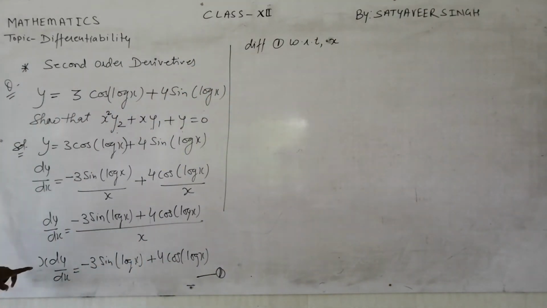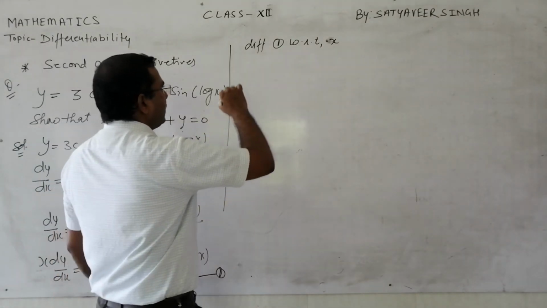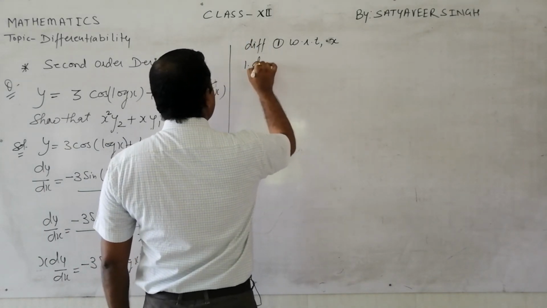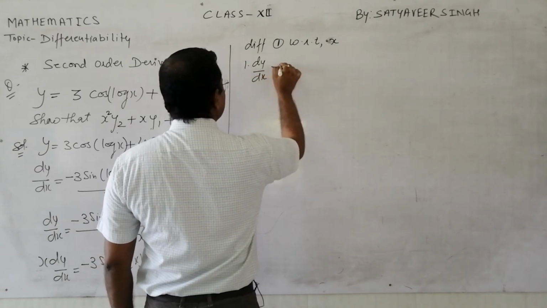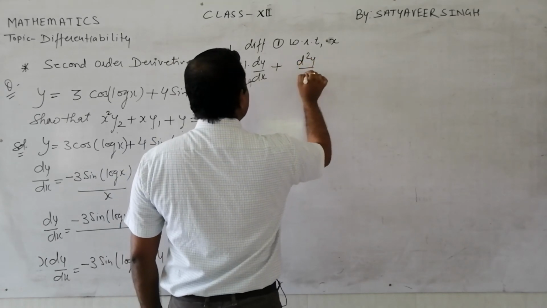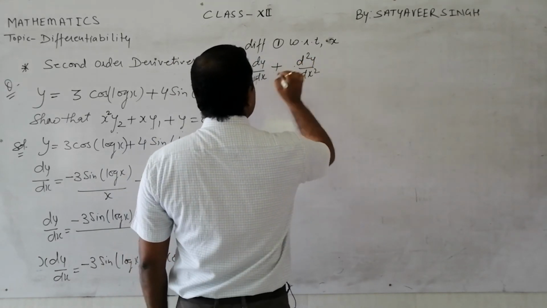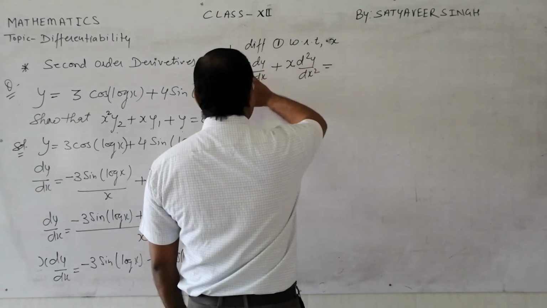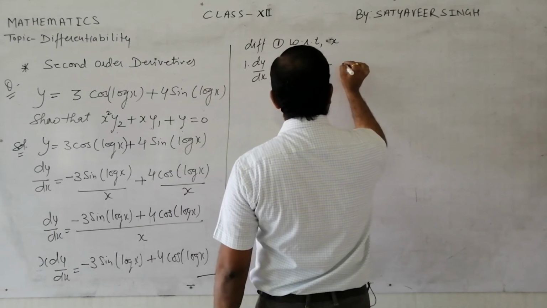So what we will get from here, this is product rule we will have to apply. This is one function x, another function dy by dx. So for finding differentiation once again with respect to x, we will have to use product rule. First function differentiation is 1, second function as it is, second function differentiation is d2y upon dx square into first function as it is, x. So this is the left hand side part.